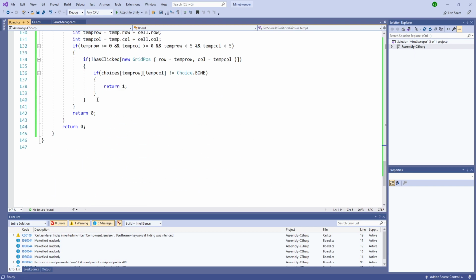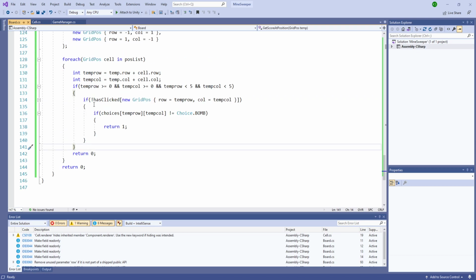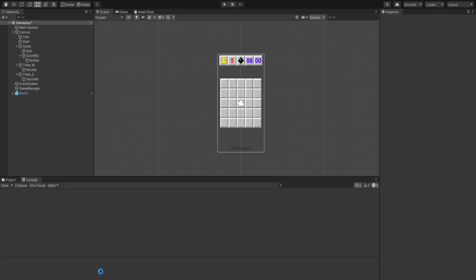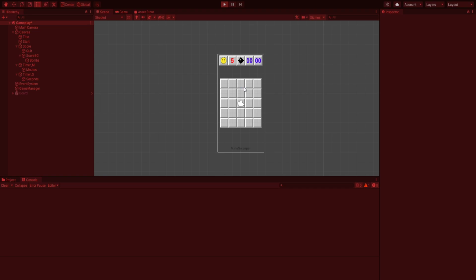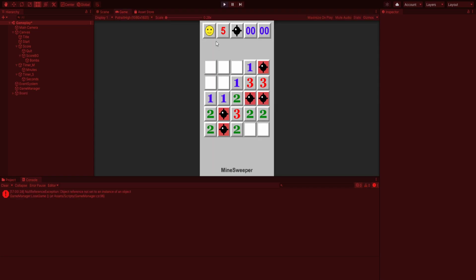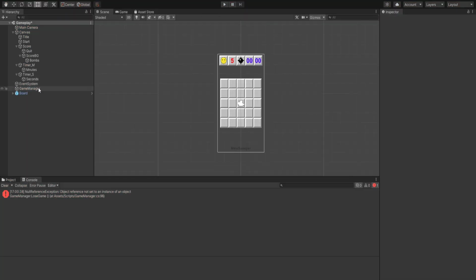Hmm. We don't need to return 0 here. It should work now. Maybe, maybe not. Check. Oh my, object reference. So we need to add the